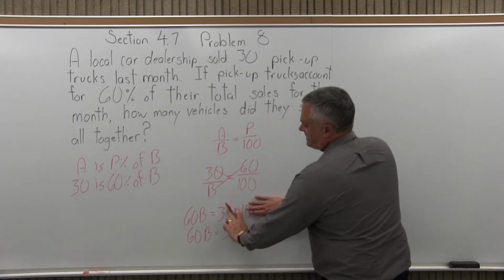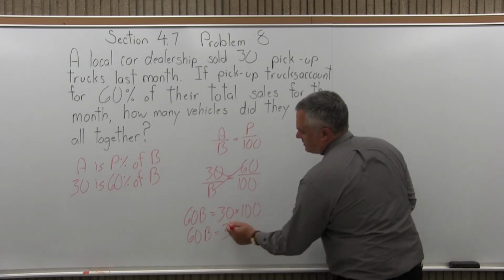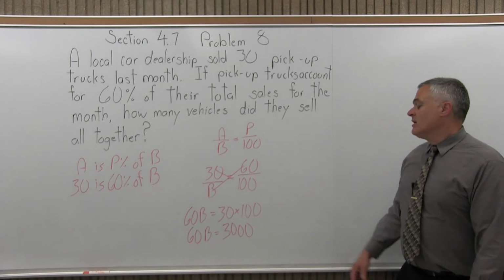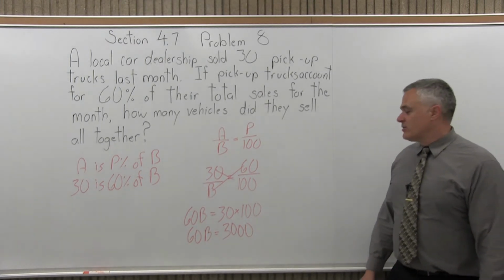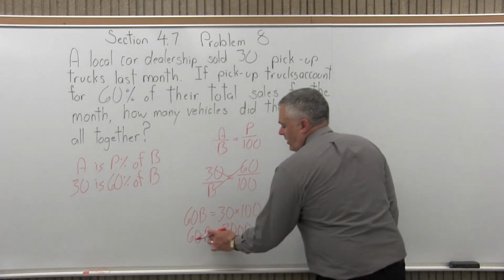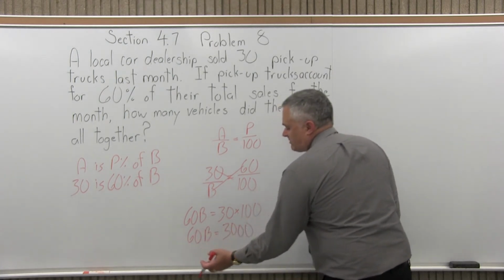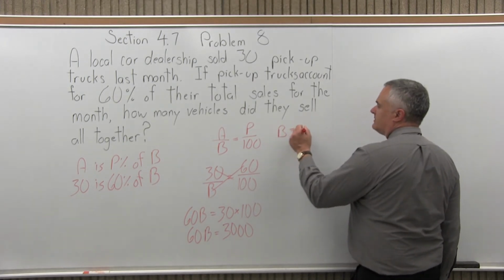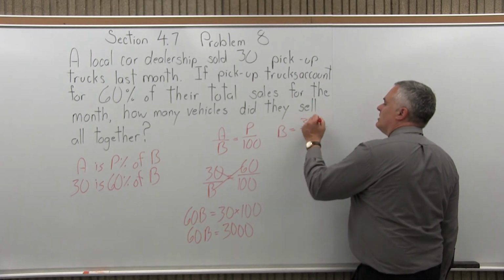Now when I do that, how many zeros do I ignore? I ignore 3 zeros, so I put the 3 zeros back. A 3 with 3 zeros, there's the 3,000. And of course you could do it on a calculator, you could do it out the long way, but you still get 3,000. Now I want what B equals, not 60 times B. So B is 3,000